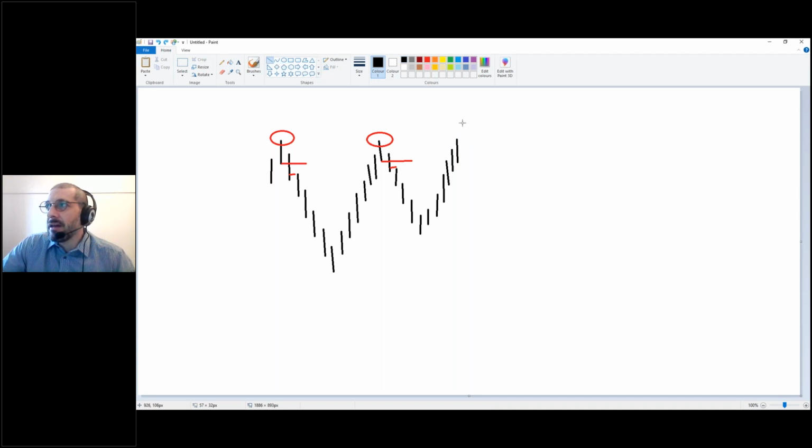We may get another candle that's got a higher high and a higher low, and we may get another one after that. And we don't know what next week's candle is going to look like. Look, it is Friday, so this week's candle is going to close off today. But if we get a candle that looks like this,